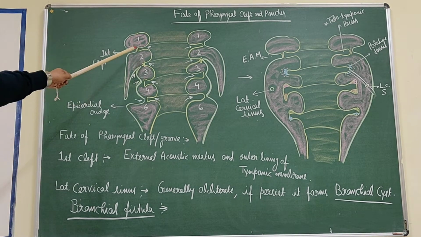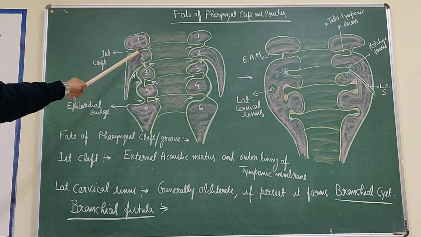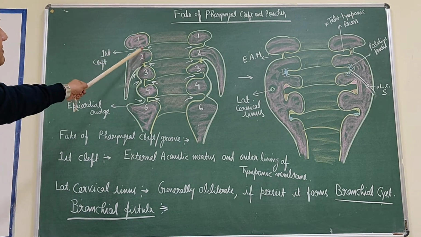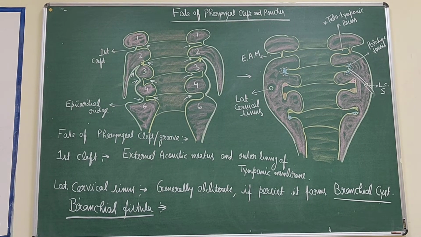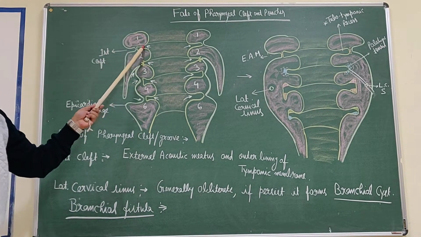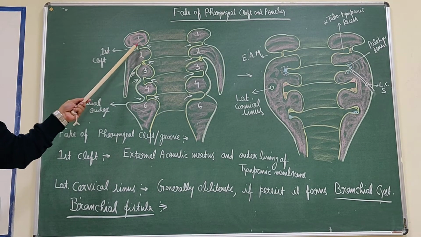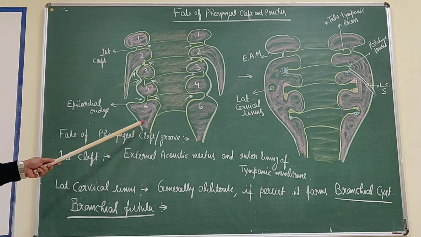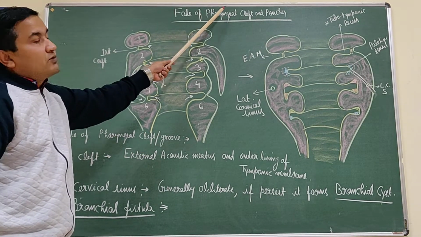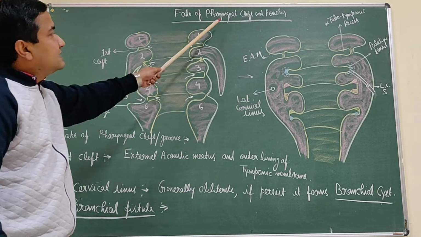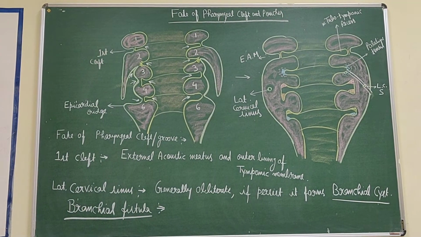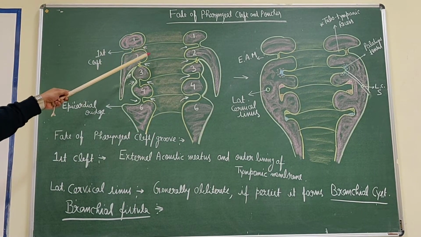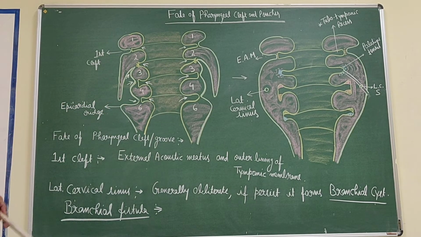Now the pouches. If you see the inside, it is lined by the endoderm. Between two pharyngeal arches, there is a further depression on the inside. But these are lined by the endoderm and these are known as the pharyngeal pouches. Now, in today's class, we will discuss what structures are formed from these clefts and the pouches. These pouches are also 4 in number, from cranial to caudal, first pouch, second, third and the fourth pouch.